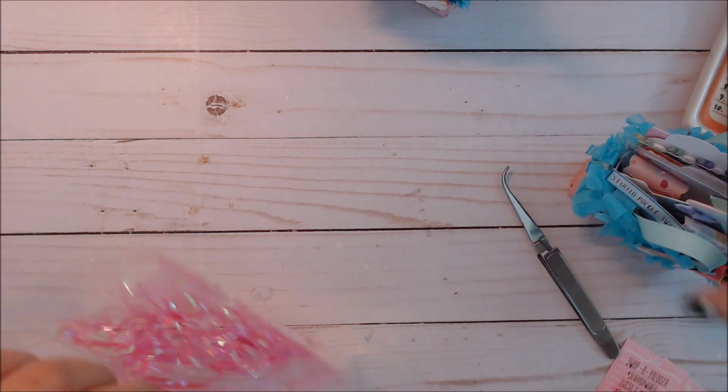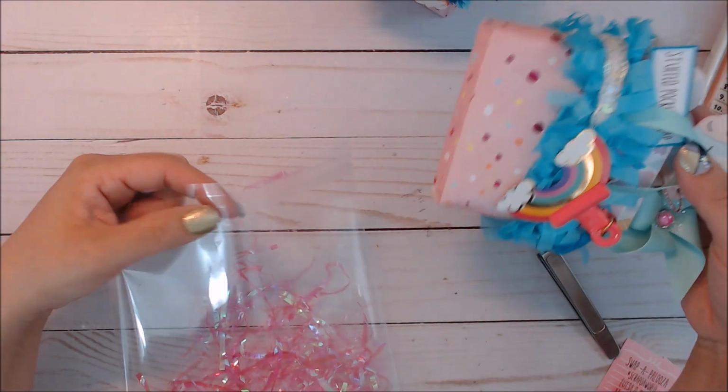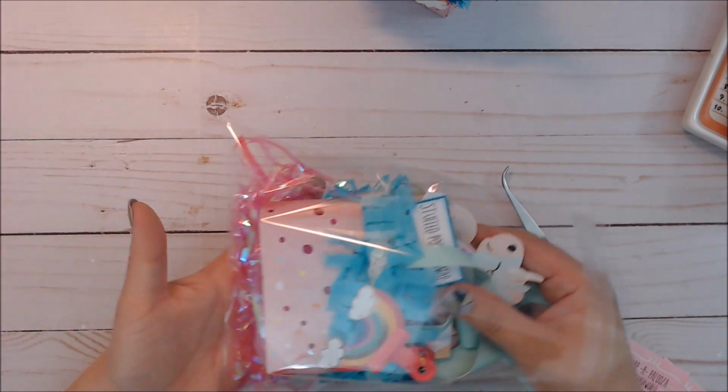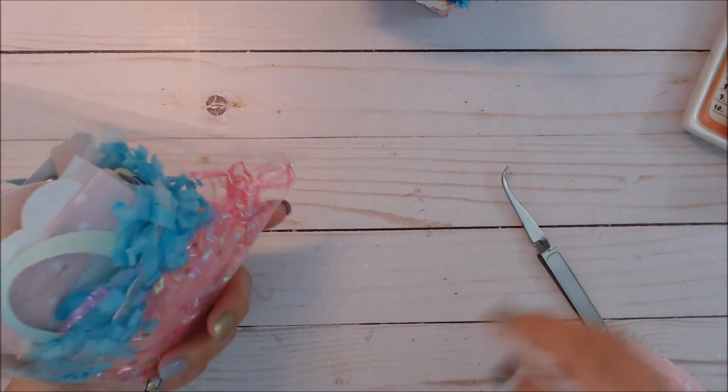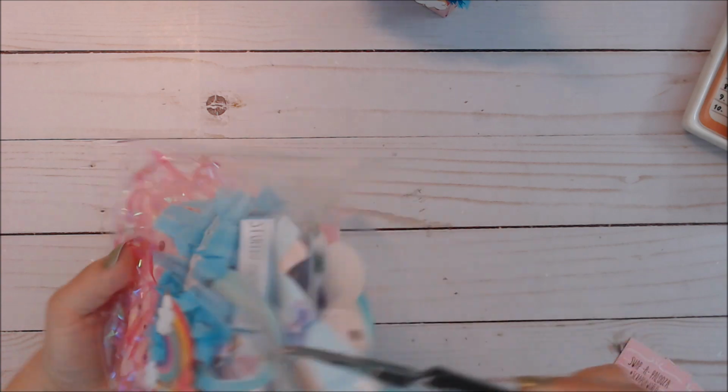Okay, so that's enough. That's more than enough. And I'm putting it where the sticky part that we're going to close over is going to be facing away from me, and the front of my bag is going to face me. And you see how everything's just going to scrunch down. So what I do is I take these, or anything that you have, and I'm just using that hook to pull up, even in front a little bit, pull up some of those fibers,